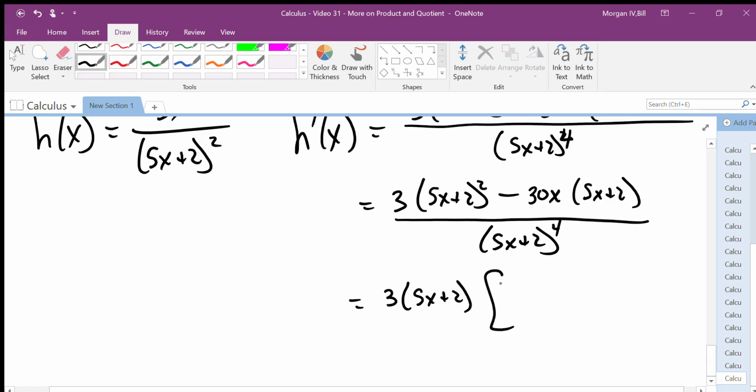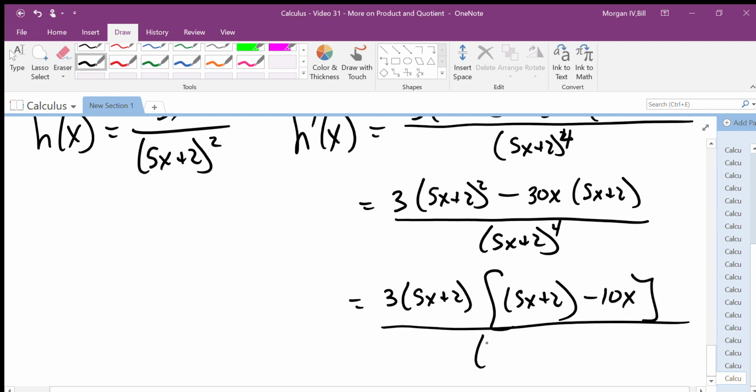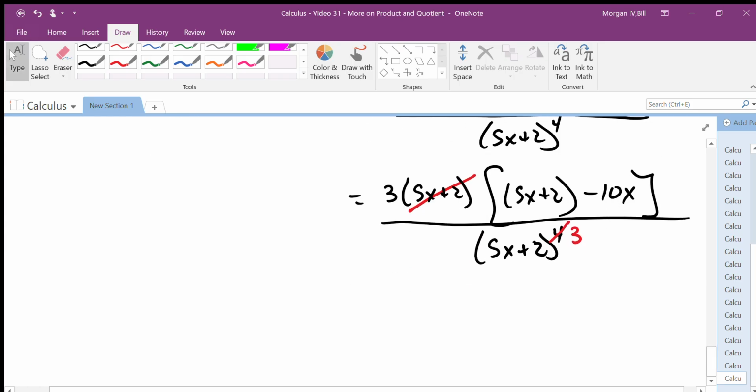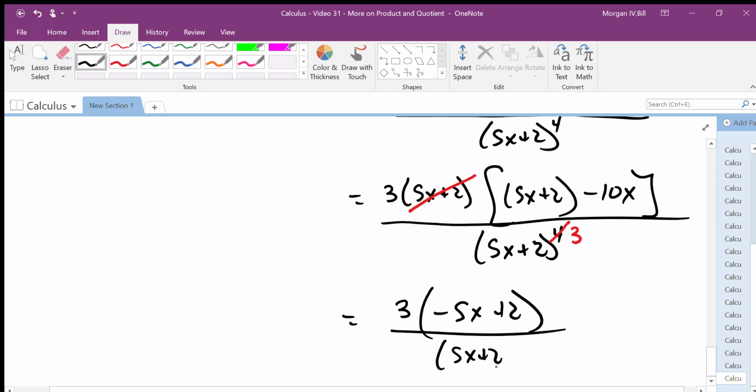In which case we have just one 5x plus 2 left in the first term, and then minus 10x in the second term, divided by 5x plus 2 to the fourth. We can then see that the 5x plus 2 in the numerator cancels out with one of them in the denominator, and we have a final answer of 3 times... All right, if you combine inside this bracket, you have 5x plus 2 minus 10x. 5x minus 10x is negative 5x plus 2 over 5x plus 2 to the third,